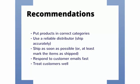So recommendations. You're going to want to put products in the correct categories. This is pretty important because you don't want that to be counted against you. You don't want to be in a more competitive category than you have to be in. Use a reliable distributor. Basically having them ship products out correctly, quickly, and preferably giving you tracking numbers to put